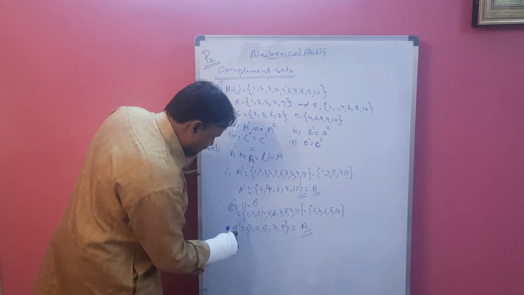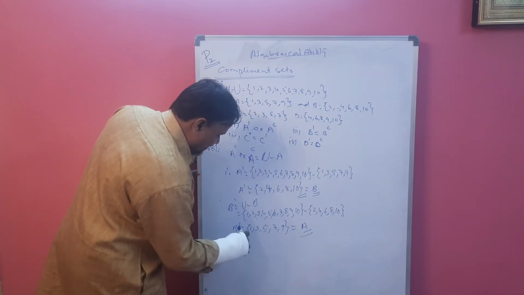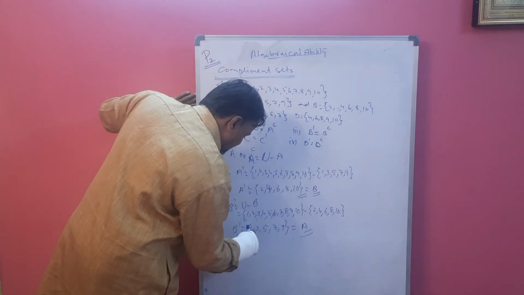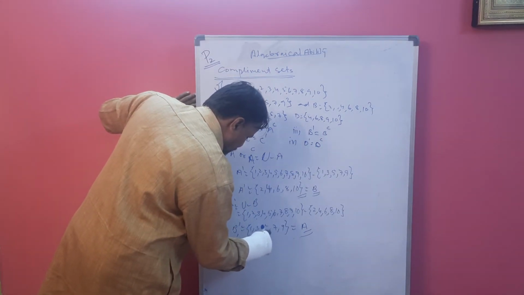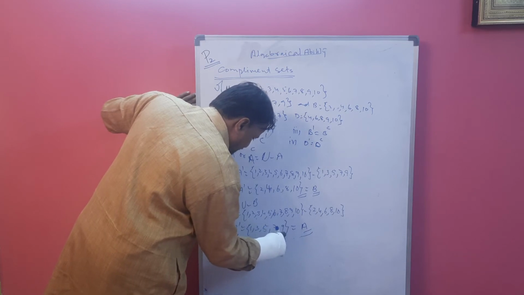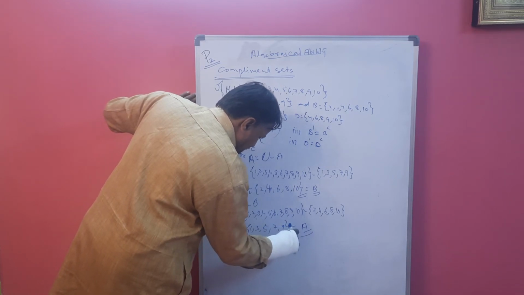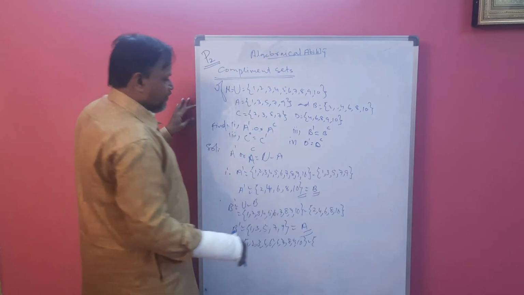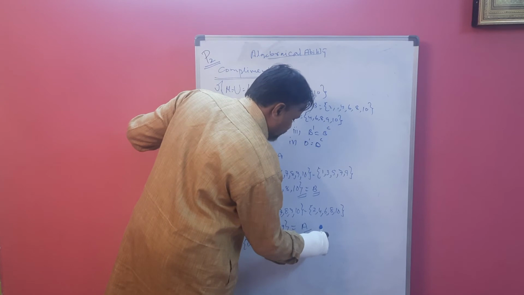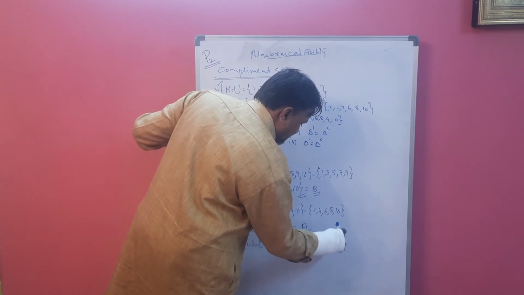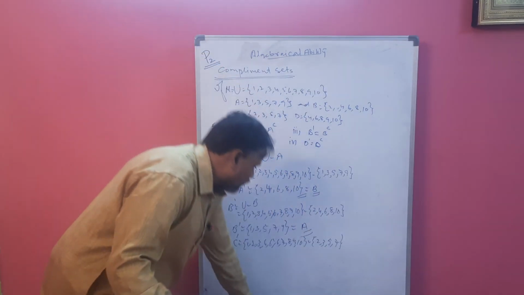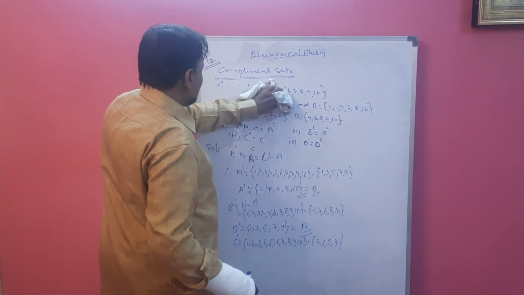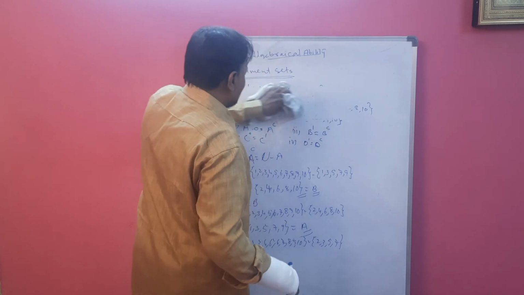So this way we can find, and we can find C also. Okay, C is prime. C complement is what? We have to write again the universal set minus this: 1, 2, 3, 4, 5, 6, 7, 8, 9, 10, minus what you have to do? You have to subtract the prime numbers 2, 3, 5, 7 less than 10. These are the 4 prime numbers. Okay. Now shall I rub this? The first 4 lines.